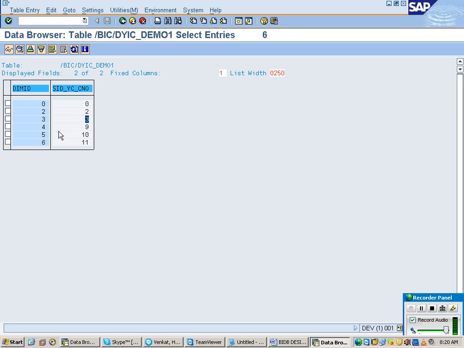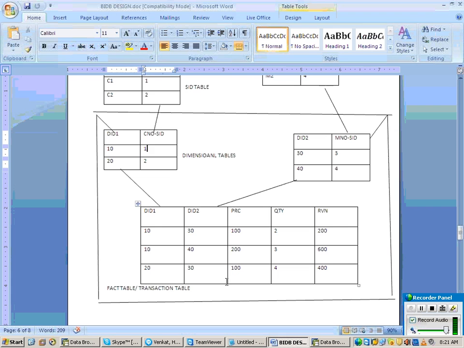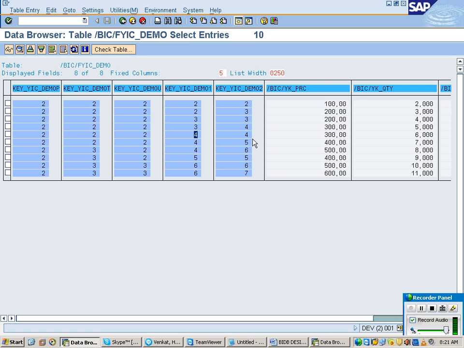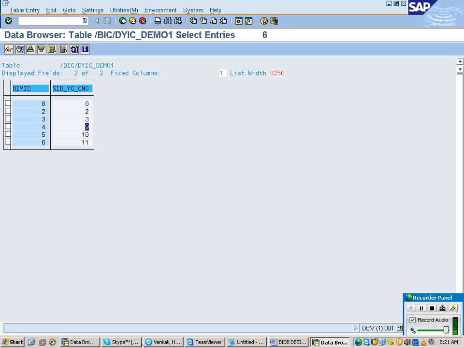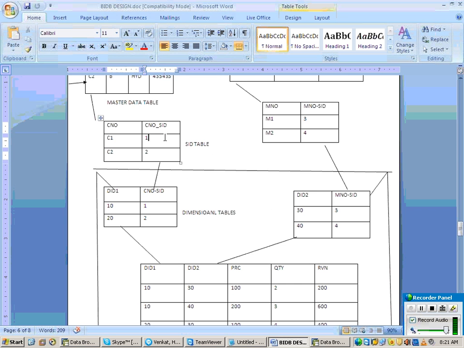Now for dimension ID of 2, what is the SID value? For dimension ID of 3, let us say the dimension ID is what? 4. SID value is 9. So now, that means here 4 is there. 4 corresponds to what value? 9. So here as in this case, 10 corresponds to 1. Same way here you have seen 4 corresponds to 9. Done. So now I have caught my SID value.